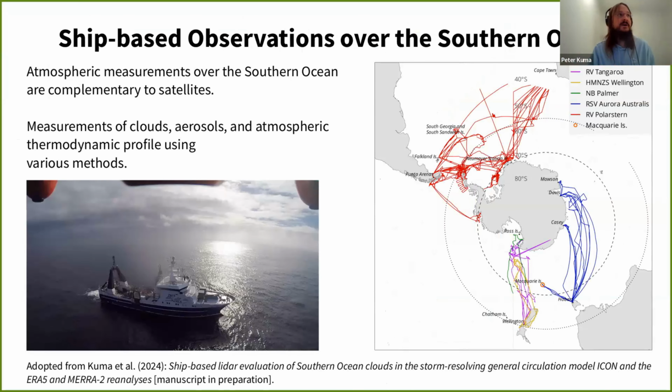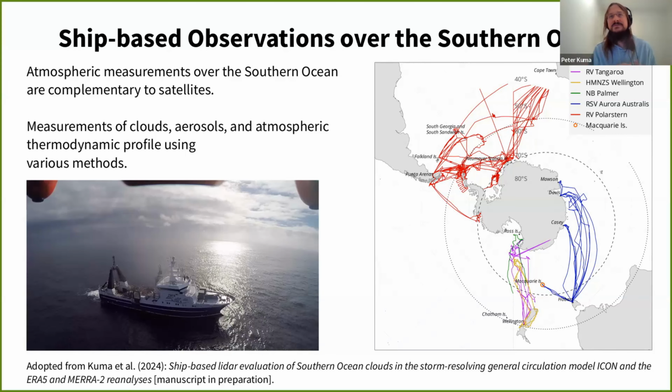Moving on, this part is about measurements over the Southern Ocean, and measurements of clouds, especially over the Southern Ocean. That's a project that I was working on while in New Zealand, but now I'm also processing some of the data. So we went on this ship called RV Tangaroa, and we went from New Zealand to the coast of Antarctica. That's one of the lines here, the voyage. And we measured clouds, aerosols, and other things with ceilometers, I'll explain what that is, and with radiosondes.